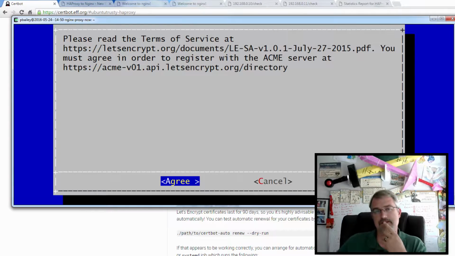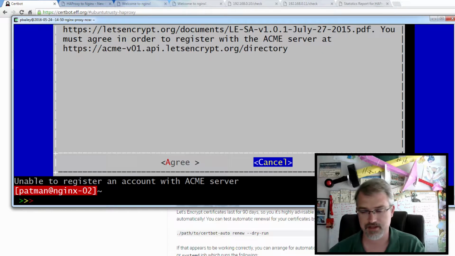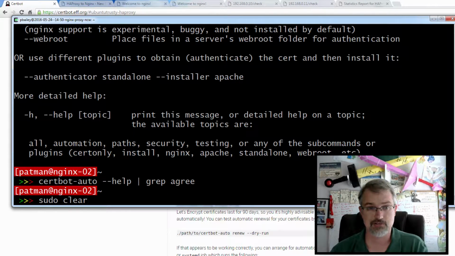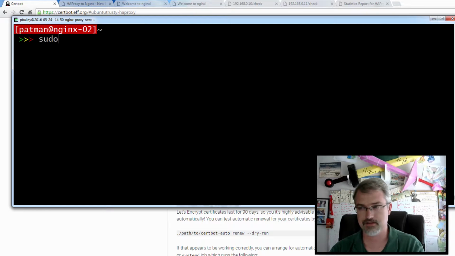Oh, but I didn't agree to the terms. Dang it, how do I auto-agree? Okay. Let me go figure out how to auto-agree. Let me cancel. I need to figure out how to add auto-agree to that. Give me a second. Okay, I think I found it. There's an agree-tos option. So I can do, once again, sudo certbot certonly --webroot